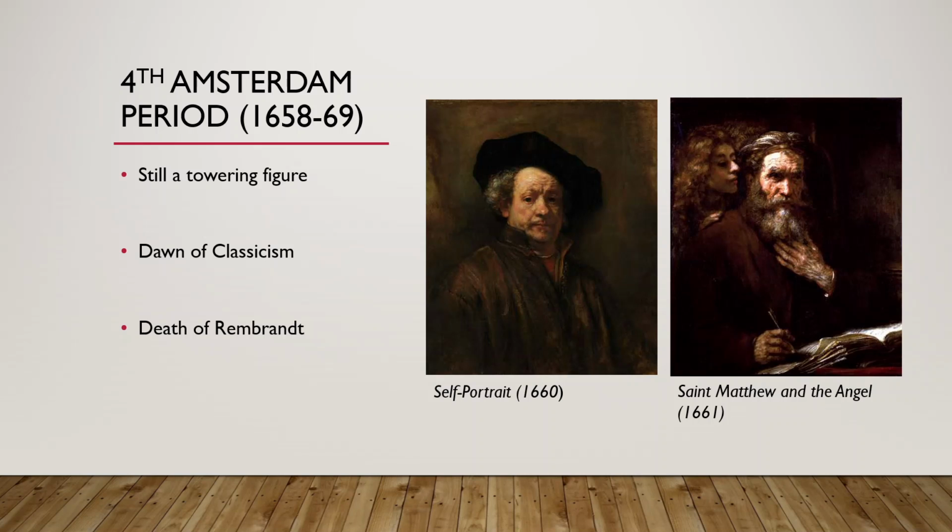In the last period of Rembrandt's life, the fourth Amsterdam period, Rembrandt was still an important figure. Many artists visited him in his house, even princes visited him. These visits indicate him being highly respected until his death. At the time, classicism was the new movement in Europe and the Netherlands. However, Rembrandt's style did not fit the classicist traditions, and he refused to change his style according to the classicist understanding of art. He stuck with his late style that we mentioned before,